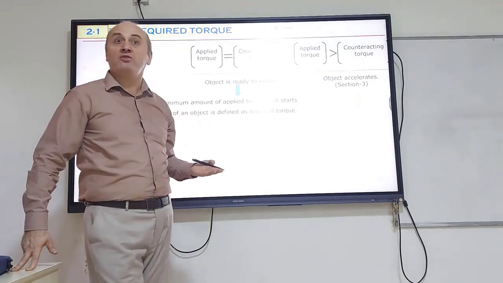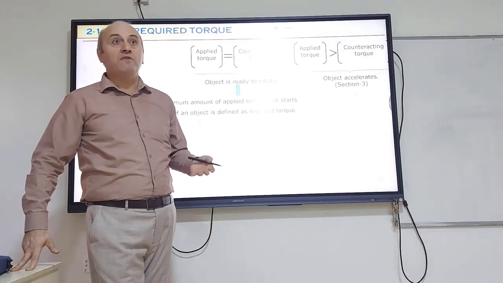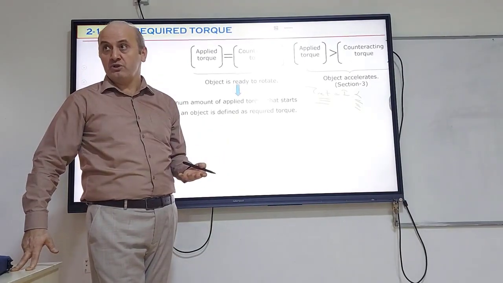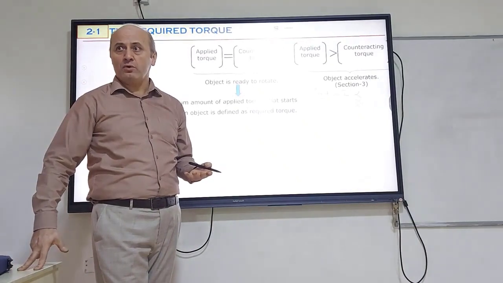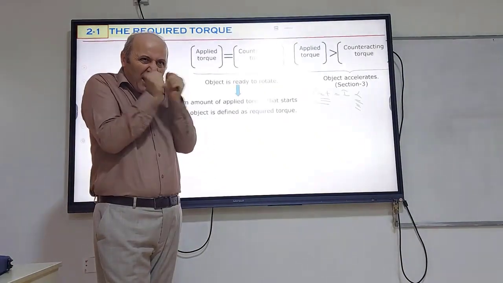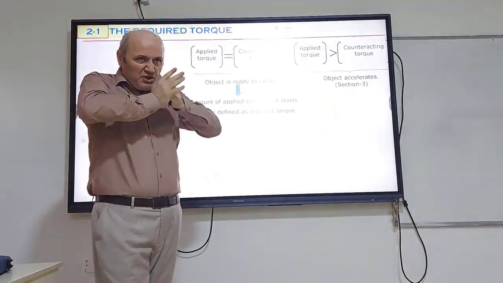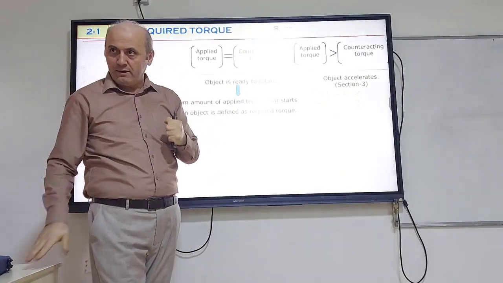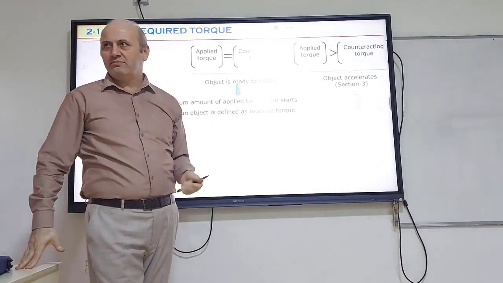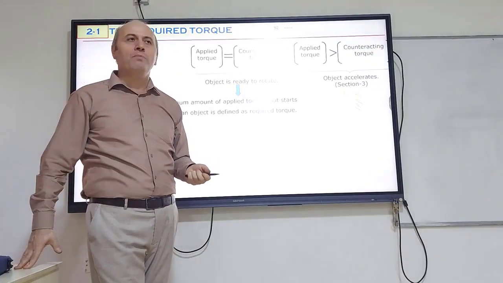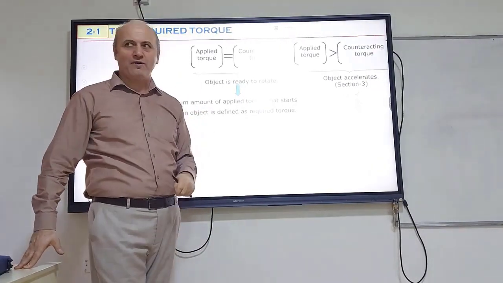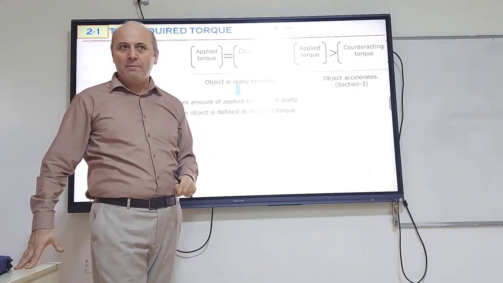For example, to rotate a knob is not very easy. You need a very big torque to start rotation, because friction produces very big torque. Why? Because it's so tight. Surfaces push each other so strongly, the effect is so big. But for a door, it's not that big. For a window, very small. But every object, because of the friction, must have some